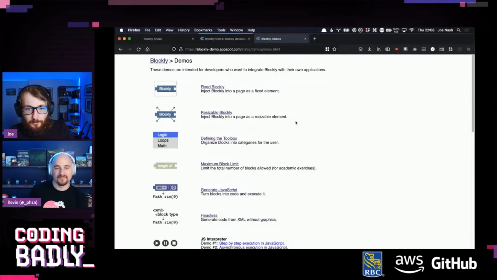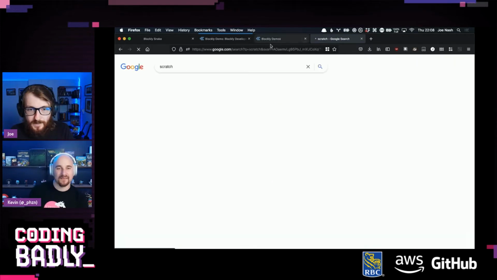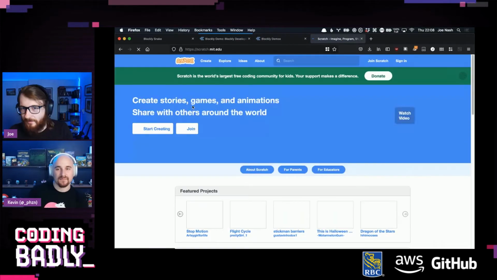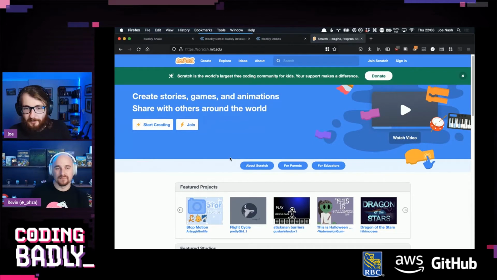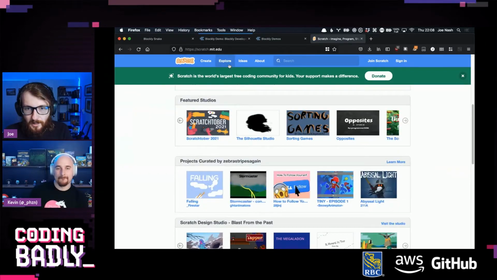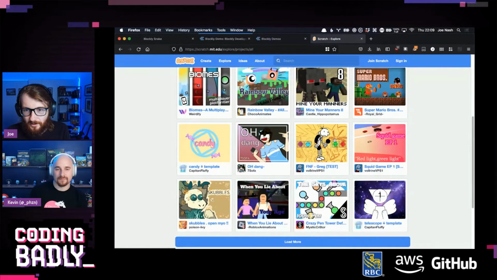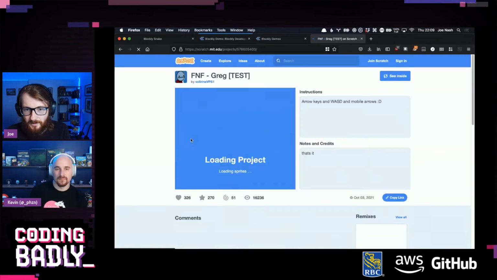Boop. So, Blockly, if you are not aware. Actually, let me start with Scratch, because Scratch is pretty. So, we were batting around doing some visual Battlesnake. We wanted to use some kind of visual language. These all look really complicated. I just want to be thrown into a project.